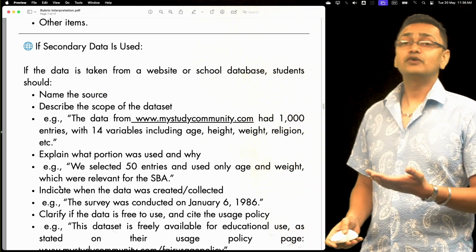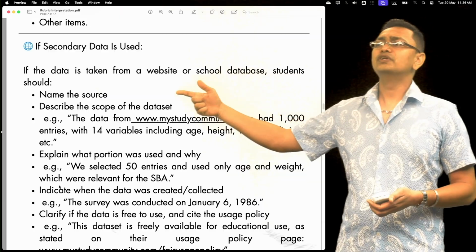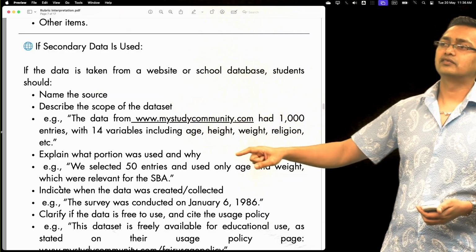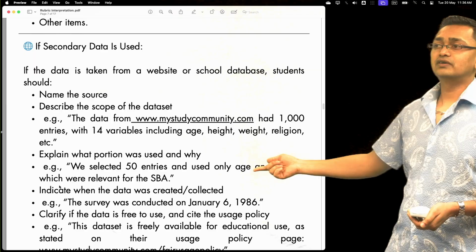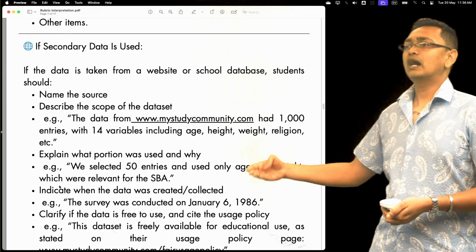So describe the source. The first point is you need to describe the source. Describe the scope of the data set. So for example, here we have the data from mystudycommunity.com had 1,000 entries with 14 variables, including age, height, weight,